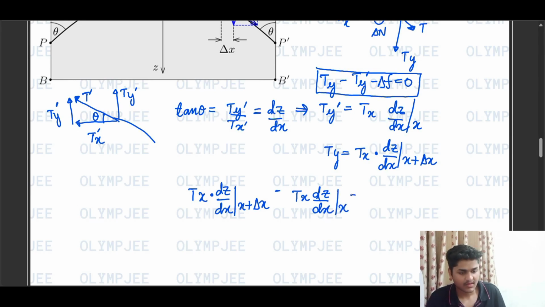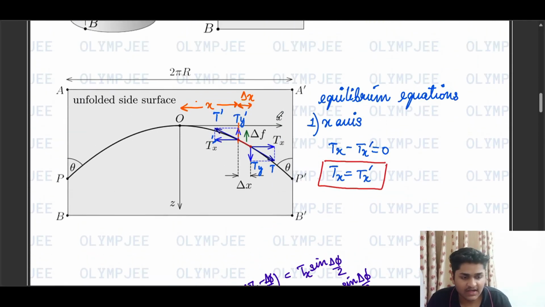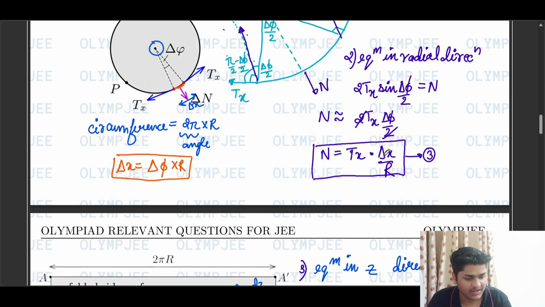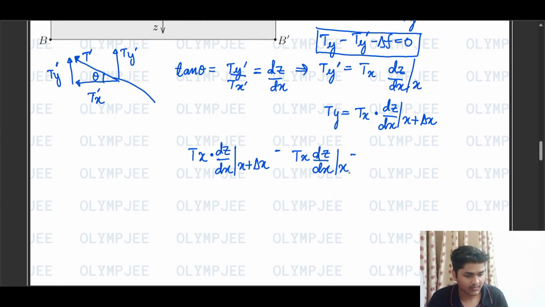At x, minus of delta f. So delta f was mu into delta n, and delta n was Tx delta x by r. So we can write this as mu into Tx delta x divided by r is equal to 0. So from here we can cancel out Tx, because this is common in all the three terms. And if we take this term to the right side and cross multiply by delta x, so this will become